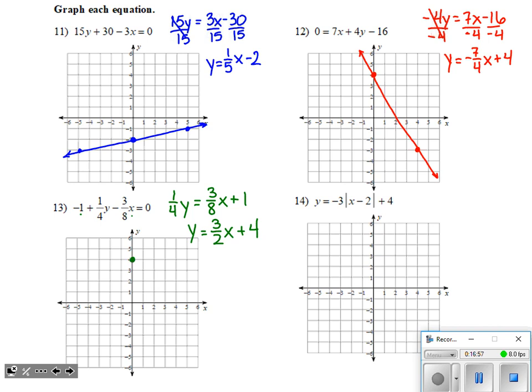Again, once we have slope-intercept form, though, that mx plus b, man, is that easy to graph. I want to go up 3 and to the right 2. And if I try and do that up and to the right, I kind of run out of graph space. So I'm going to have to go down 3 and to the left 2 to keep that pattern going. And I can keep that pattern going quite a bit down and to the left. There's the graph of that line.